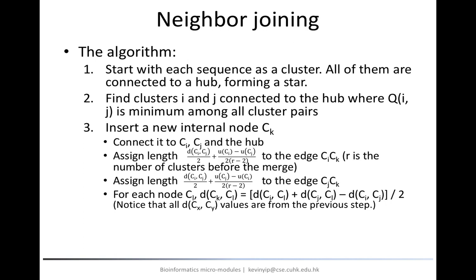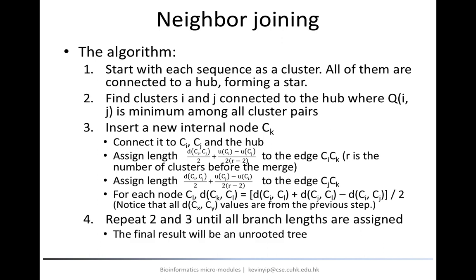Neighbor joining provides formulas for computing the lengths of the two branches that connect the new node to the two merging clusters. It also has a formula for updating the distance between this new cluster and each other cluster. These formulas may look complicated. We will explain how they are derived after seeing a complete example of neighbor joining. Finally, the Q scores are computed for the new cluster, and the pair with the most negative Q score will be merged, and this process is repeated again and again until all clusters have been merged.